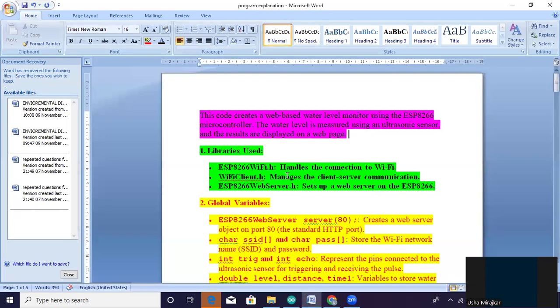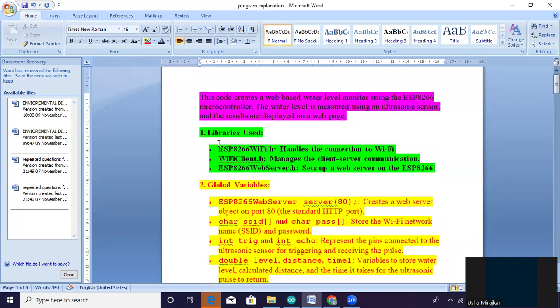Now this is the program. This code creates the web-based water level monitor using the ESP8266 microcontroller. The water level is measured using an ultrasonic sensor and the results are displayed on the web page here. Now in this particular program, the libraries used are